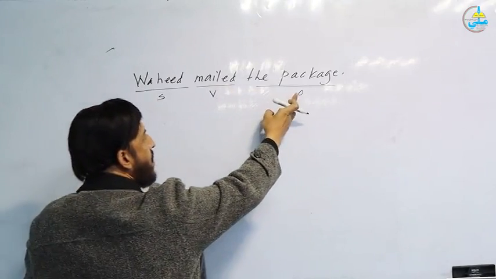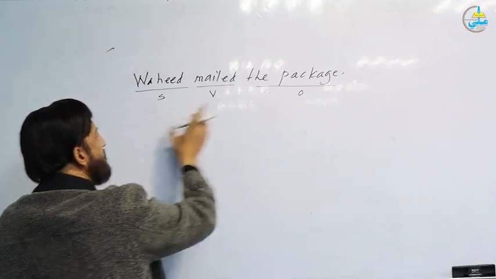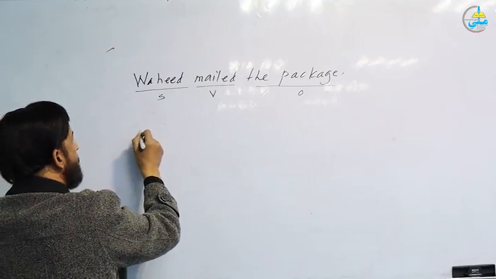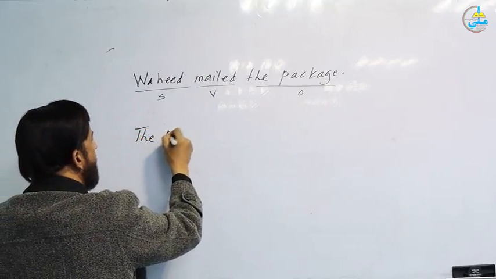So, this is object. This object becomes the subject of the passive. So, how? The